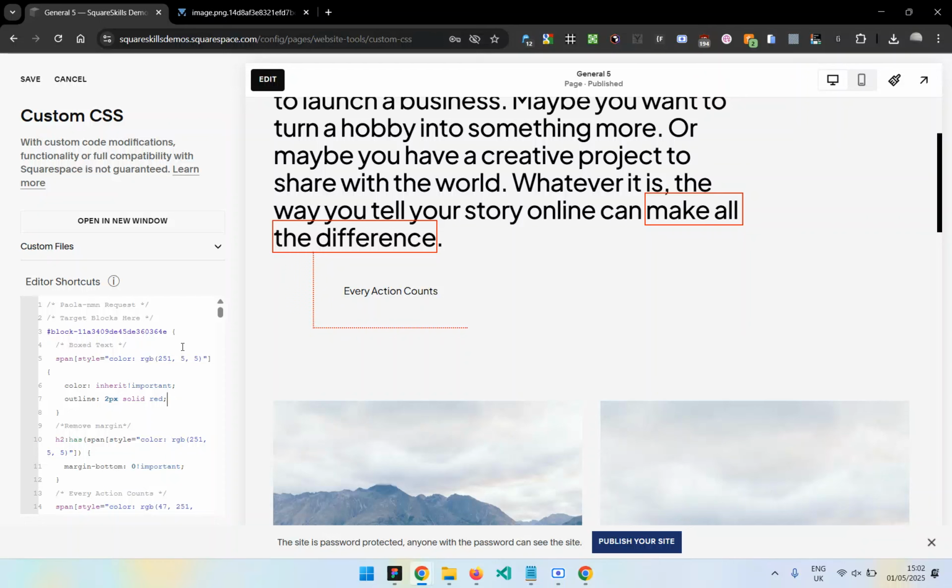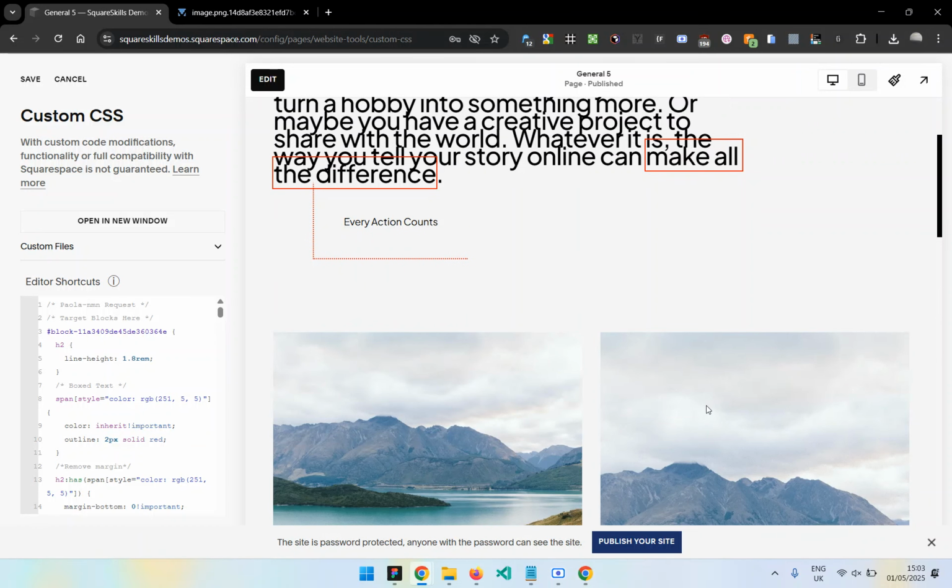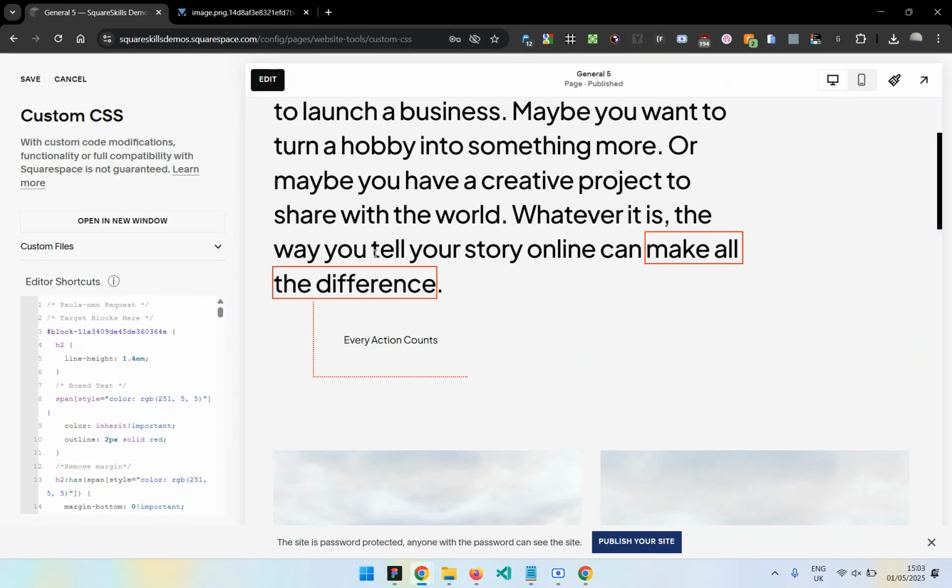One other thing I suppose you could do here is change the line height within the little style selector, style control, site styles up here. Line height, maybe 1.8 rem, just for the sake of it. Sorry, not the P, the H2. Not rem, sorry. I wanted to do 1.4 em. There you go. If you wanted to get rid of the overlapping boxes, you could just increase the line height like this. There you go. I think that solves your issue. And I hope this was